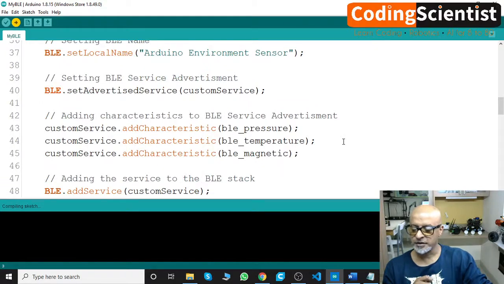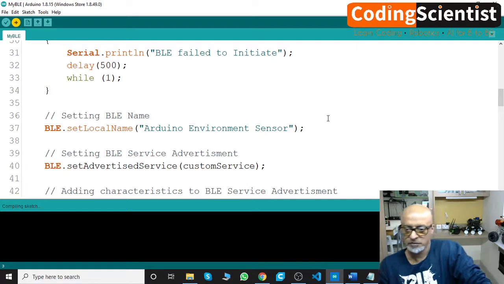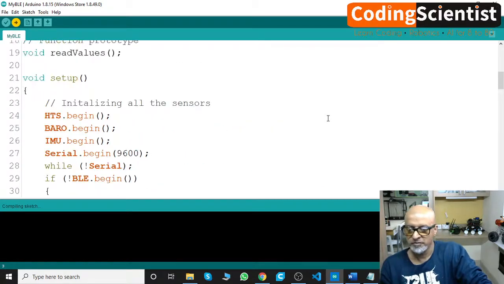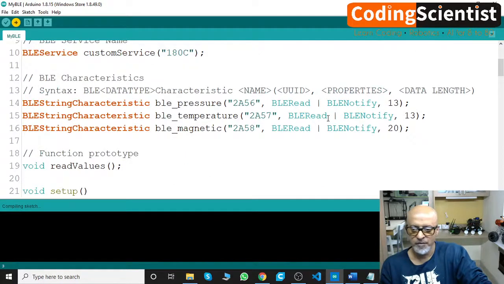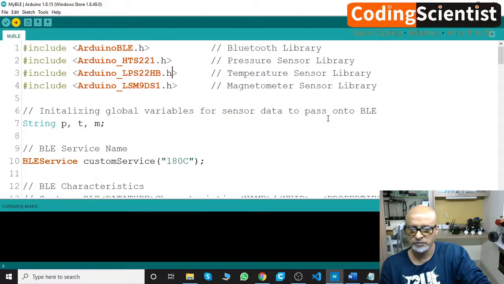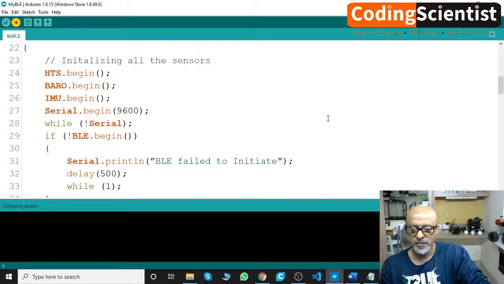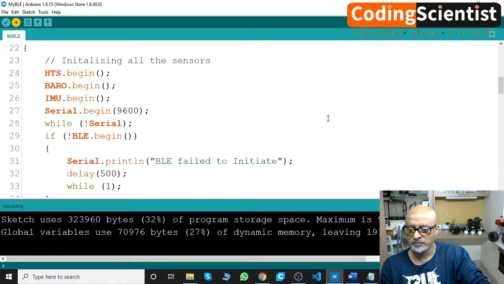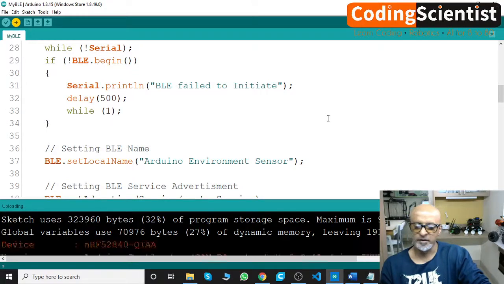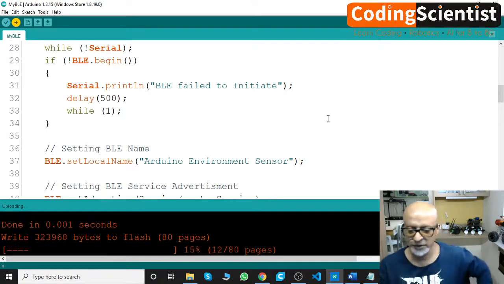Compiling sketch. It's taking quite a lot of time. All right, finally it's uploading.